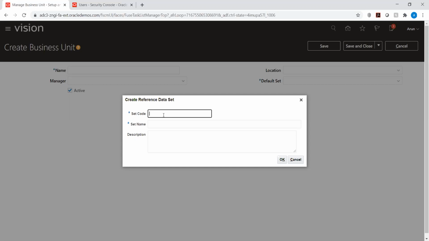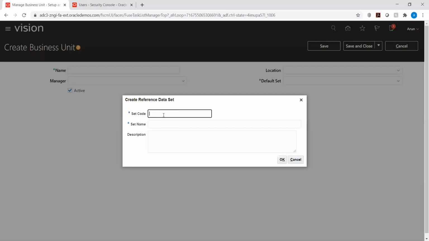Yeah, for the setup level. For customer also, if we wanted to create one, we cannot use common. So there are two things: one is our own reference data set, and the other is common, which was given by Oracle. Common will be attached with most of the setups given by Oracle. But for customer and such things, we will not be able to attach common. We will have to have our own reference data set.